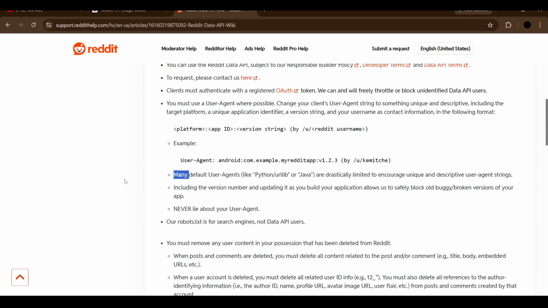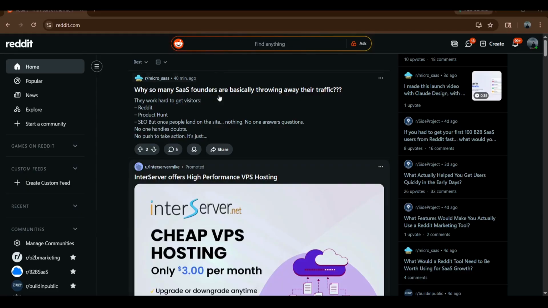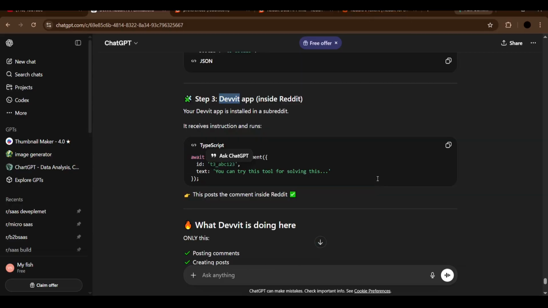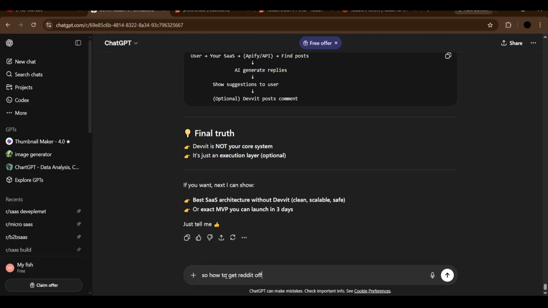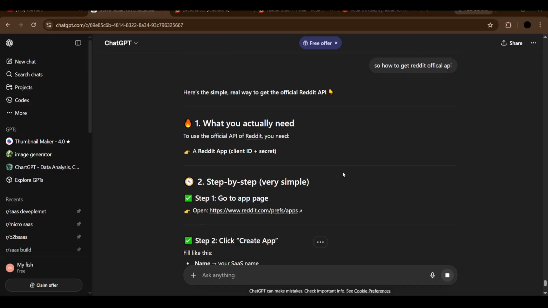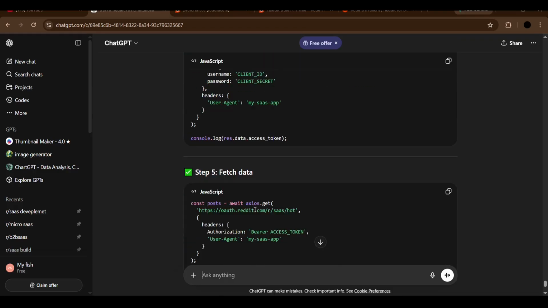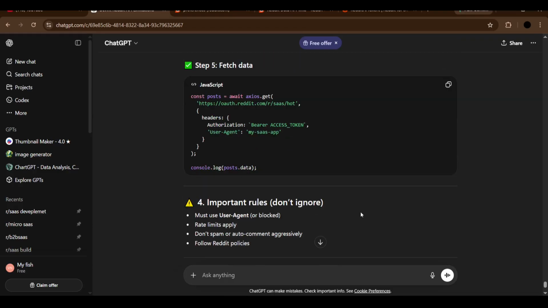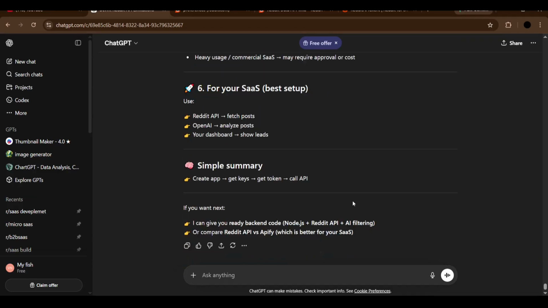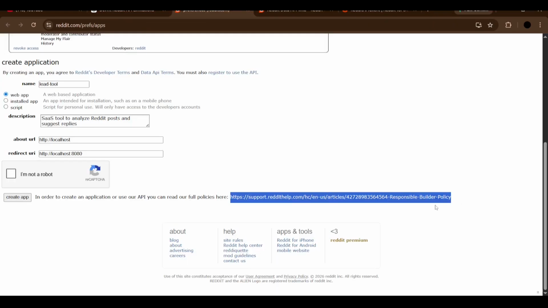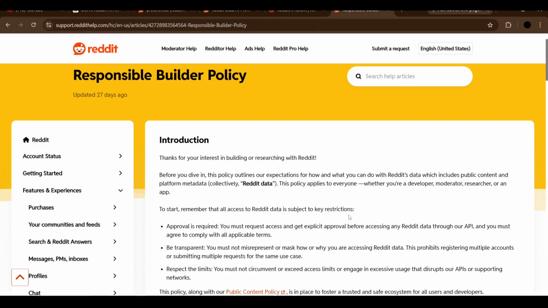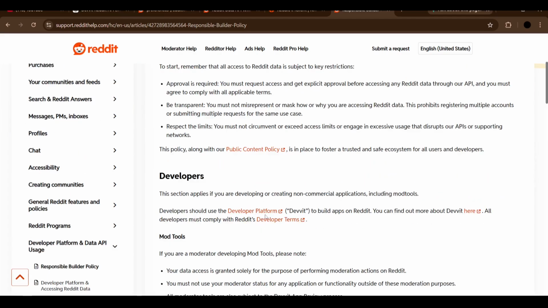After that we opened the official Reddit account and support system to find how to get an API key. We also talked with ChatGPT and gave it that page's information, asking how to get a Reddit API key. It gave steps on how to get the API key. So let's try again to see whether it is able to work or not. This is another process we did yesterday, and it was unable to generate, and it gave another page and support system.